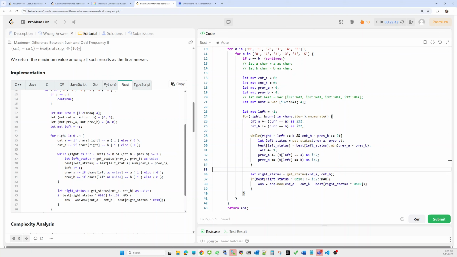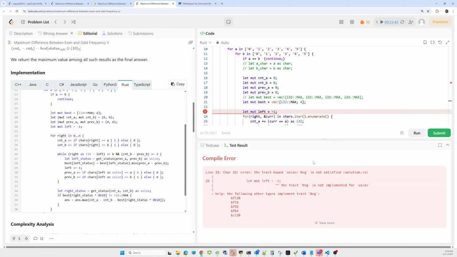I don't think so. Let me try to compile the changes. Okay, still there is some error. Direct right bound use size, left.